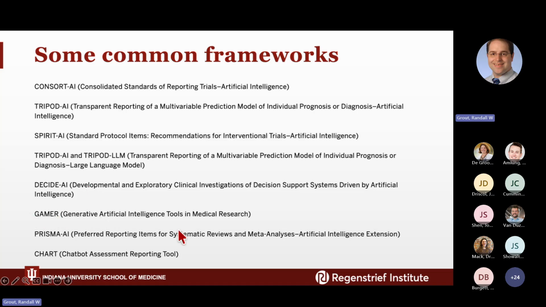GAMER, generative AI tools in medical research. PRISMA-AI for systematic reviews involving AI. An interesting one is CHART, the Chatbot Assessment Reporting Tool. For example, if you are having an intervention where you're testing a chatbot involving health advice, this is a good